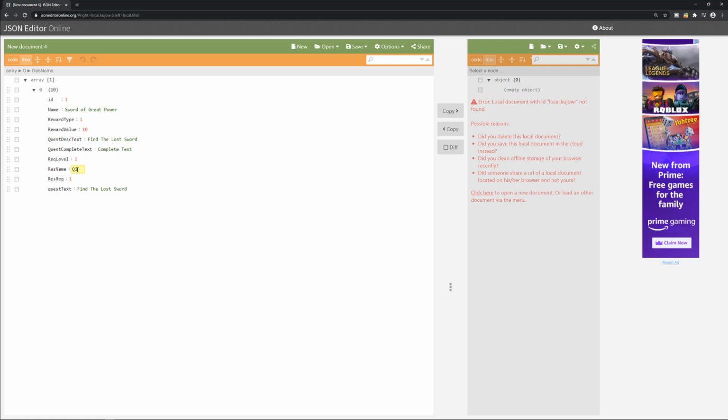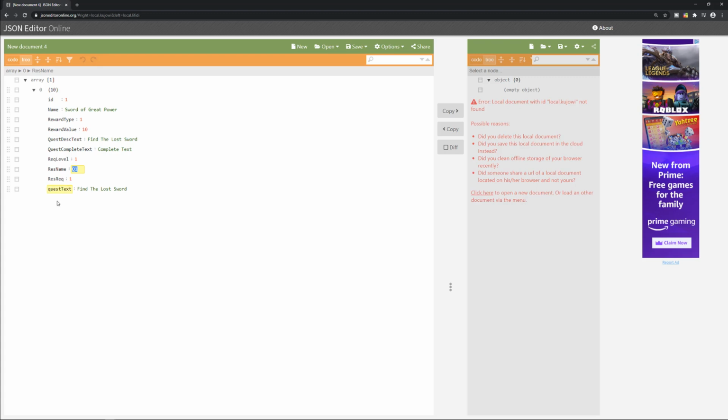The resource name, this will need to be changed. What this is, is simply the resource that is stored for the quest. And so what I like to do is just call it Q1 for quest ID 1. If we make a new quest and it's ID 2, we name it Q2. It doesn't have to be Q1, just make sure that each quest has a unique resource name, or else if they all had Q1 and you had multiple quests, if the player accepted a quest and did an objective, it would finish it for all of